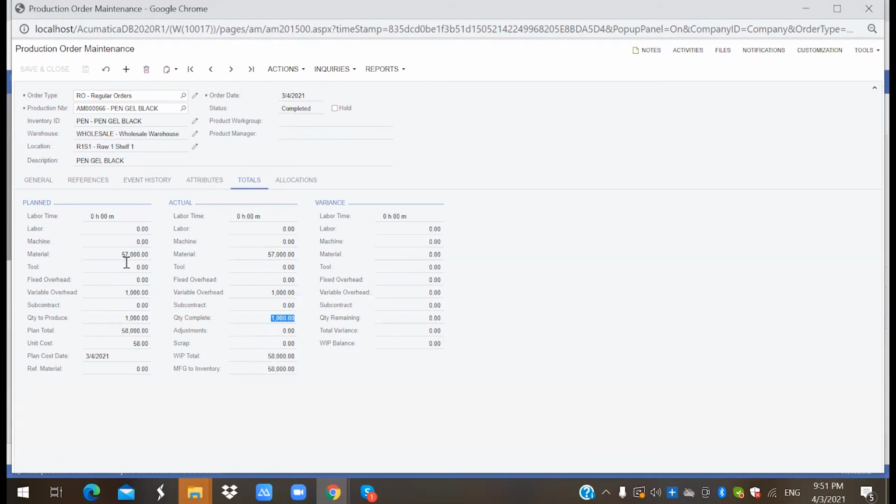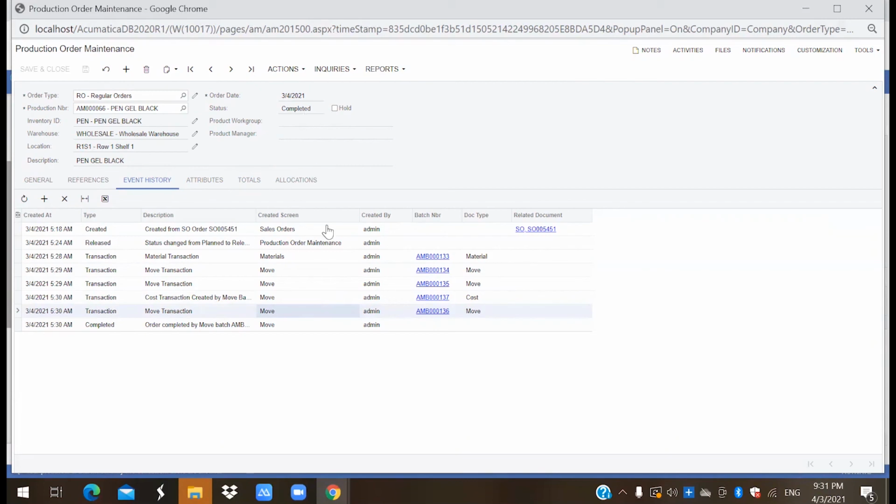Then we have the cost as well, 57,000, which is coming directly from the cost of the raw materials. And this is the variable overhead, which is coming again from the BOM itself. Now my production order has been completed.